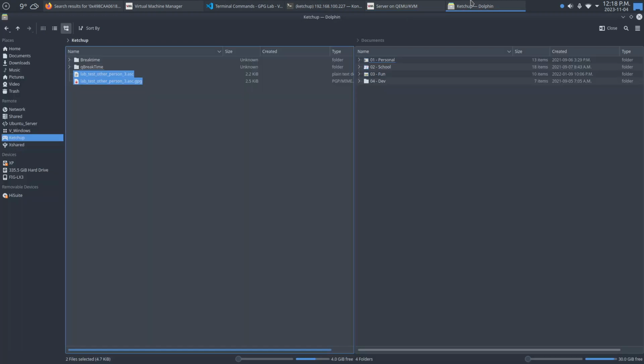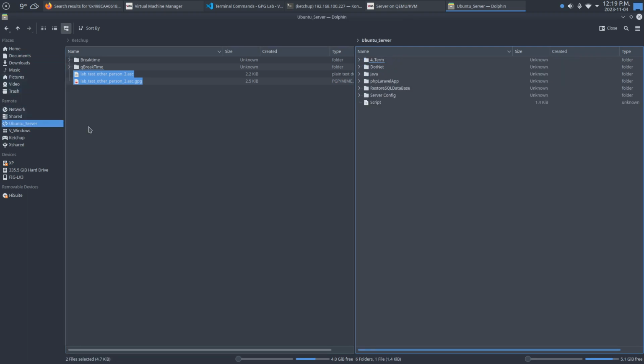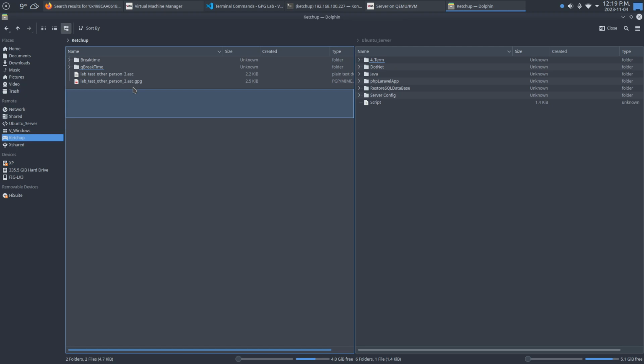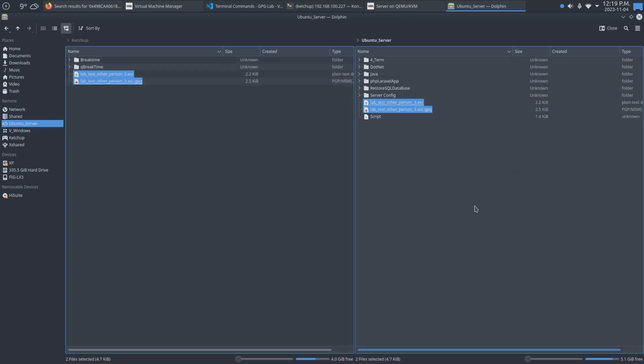That machine is this one here, so I'm just going to copy those files here. You have to email those files to your partner or the owner of that key. In this case, I'm here. Now, until this point,